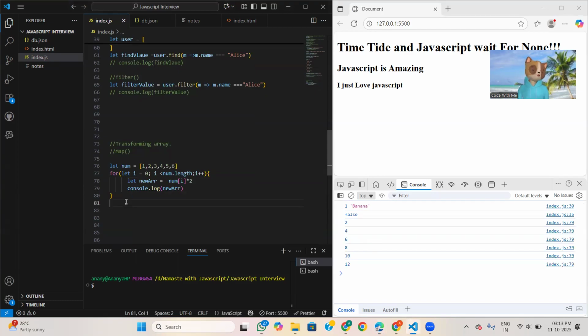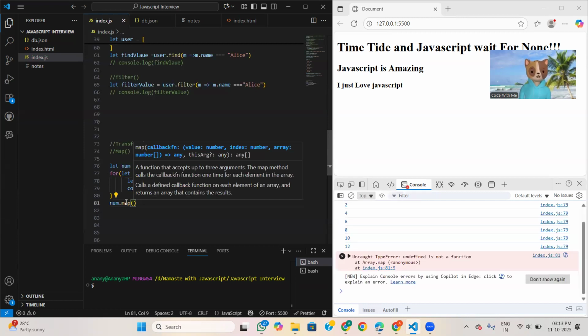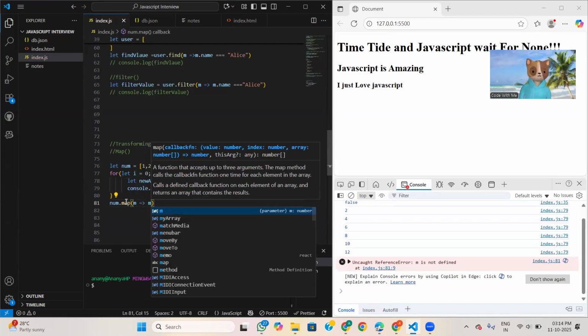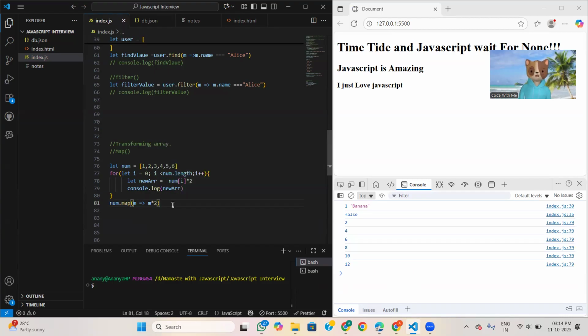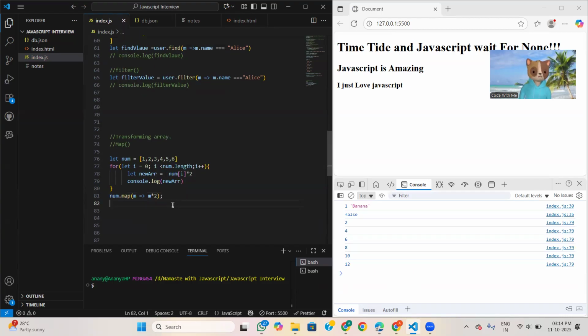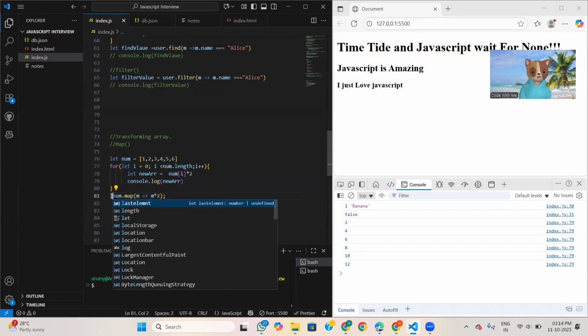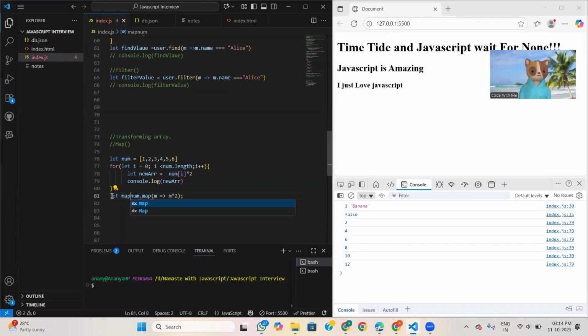So the same thing we can do. This is the older way, but in Angular we will write num dot map, and again I will write m is equal to m into 2. Num map m is equal to m into 2, and we will store it into let map array.